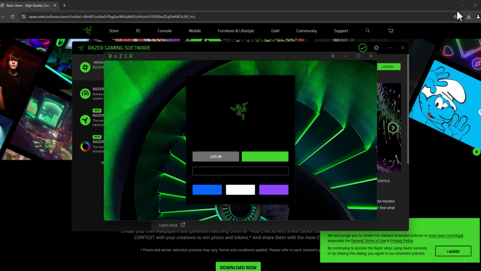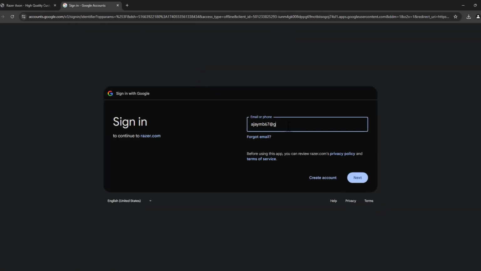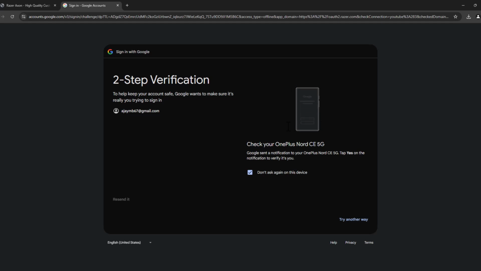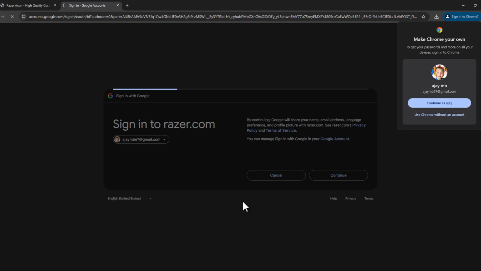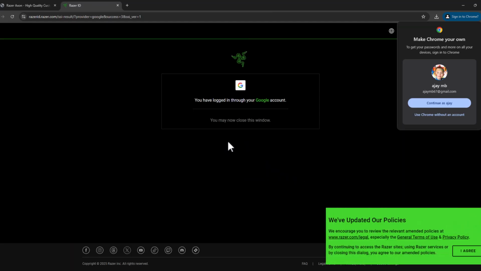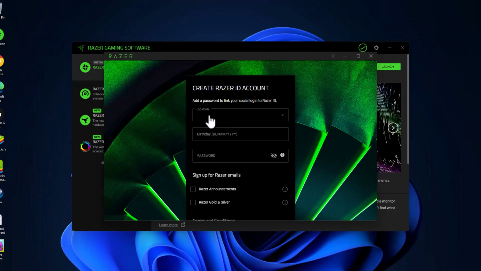and now it's launching. Now you just need to log in to your account. I'm going to log in with Google. After logging in to your account, select the continue option, sign in to razer.com. It's logged in, and now you just need to select the location,